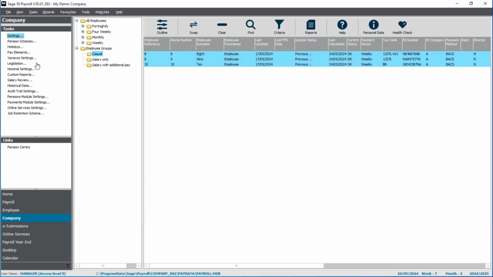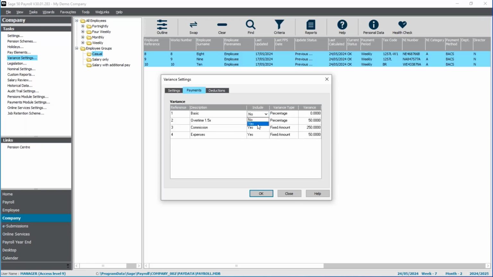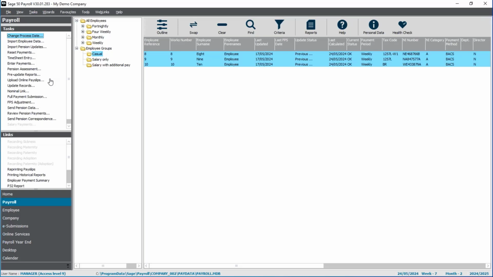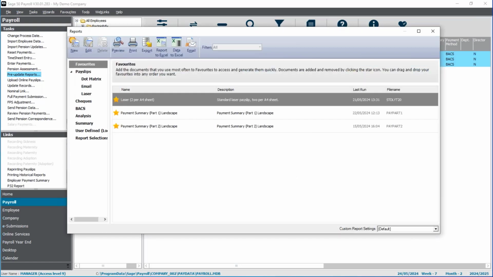Now for this one, I am going to adjust the variance settings once again. So I'm going to look for variances of more than 50% for the totals. And let's just bring basic in, and I'll put the same setting in just so you can see that appearing on the report. They only have the basic pay element. We've got the payments entered for this period. Go into pre-update reports. It's told me the variances have been found. And if I run the report now,